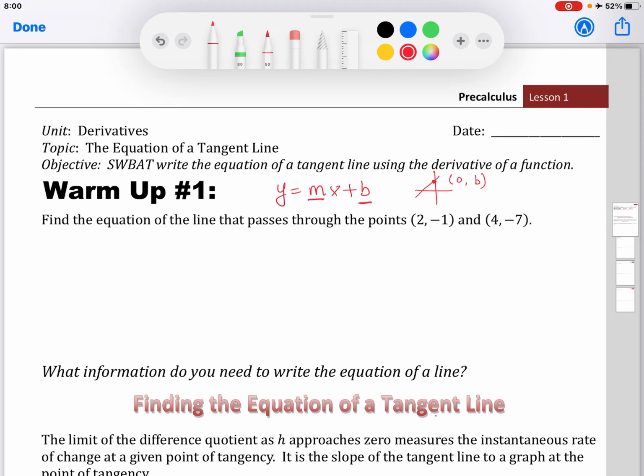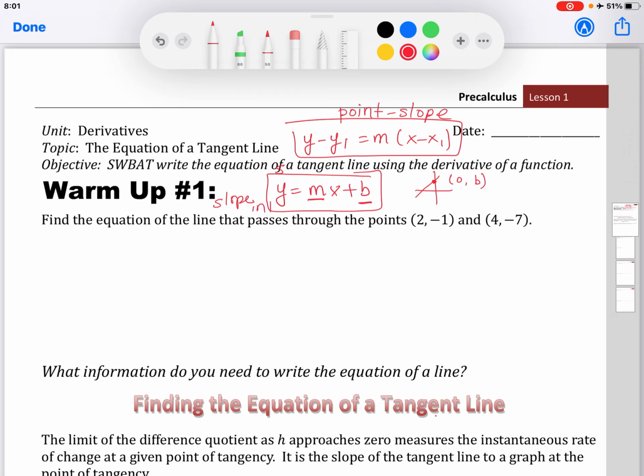The other one we will introduce to you shortly. It is y minus y1 equals m times x minus x1. I'm not going to talk much about it, but that is also an equation of a line. This equation is called the point slope form because you need a point and slope to write this equation. This equation is called slope intercept because you need your slope and your y-intercept to find it. I'm going to use the second equation, y equals mx plus b,